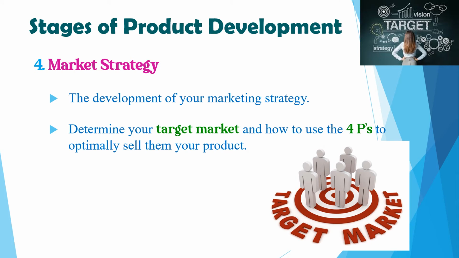Now, it's time to move on to the market strategy. This is your marketing strategy. How are you going to address each of the 4Ps? You will define each of these 4Ps because you want to optimally sell your product. You want to make sure that it addresses the target market's needs or wants, as well as identify who your primary target market is and your secondary target market. So you really need to have a marketing strategy to ensure that you reach your prospective